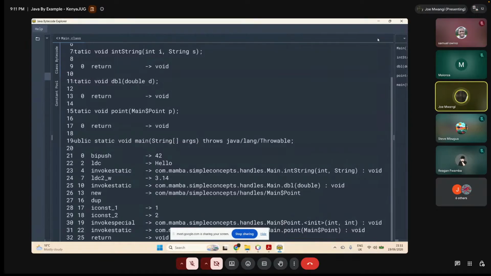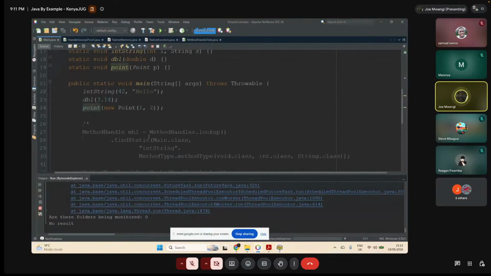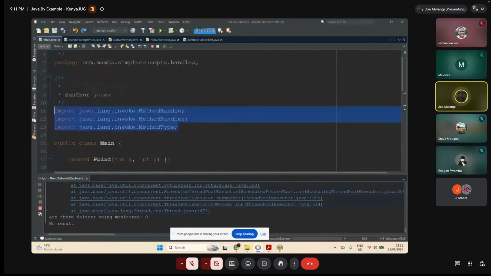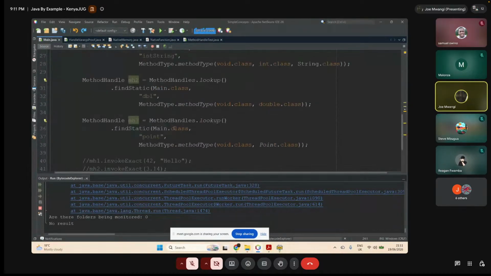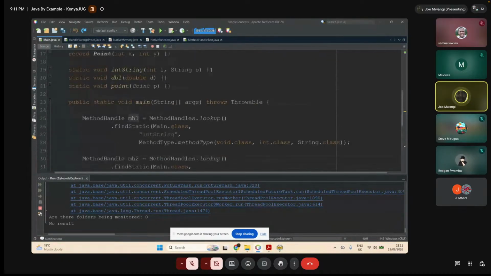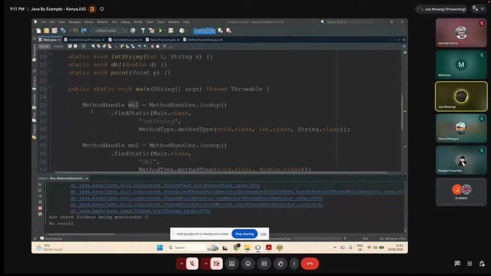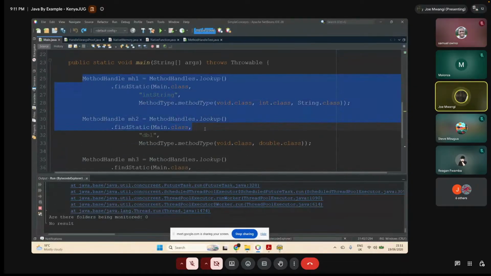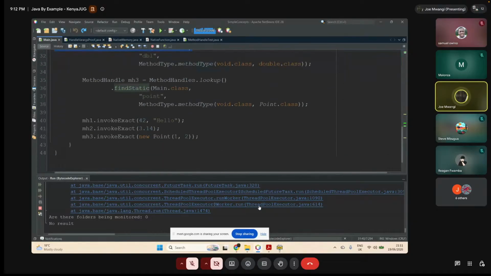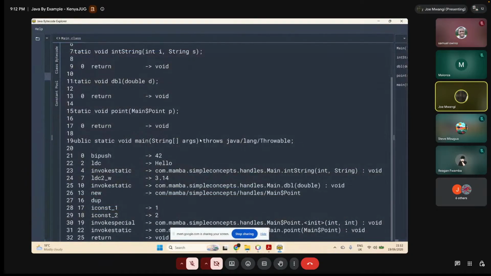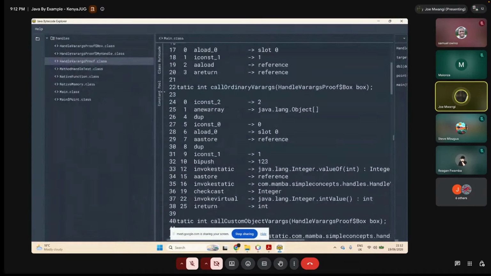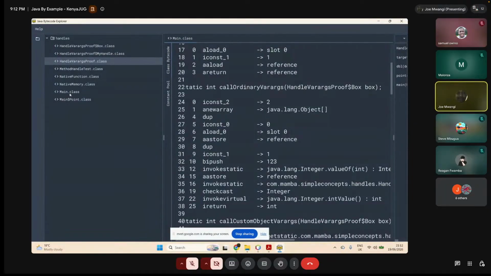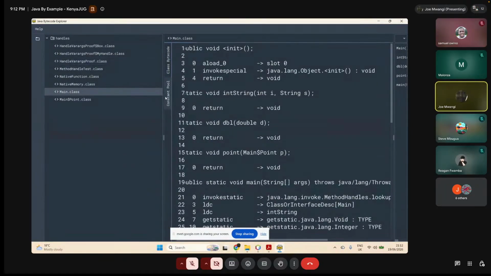But here comes a very interesting thing, which I was almost shocked by. If you go back to the original code and press Control Z repeatedly, and then remove all this, we are now calling the lookup, etc. You might expect to find method handles in the bytecode, but if you go straight to the bytecode, did I save? Nope. And then I go back to it. It usually jumps. If you go back to the bytecode,